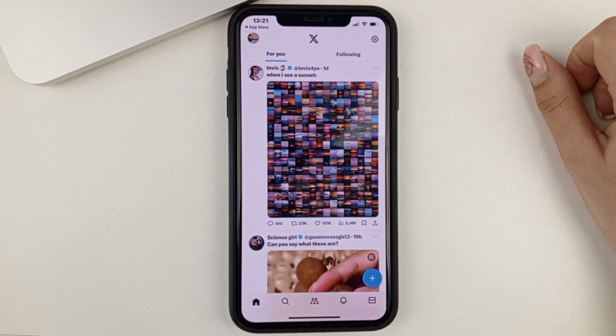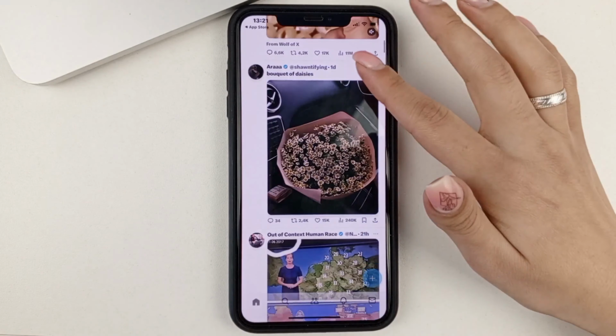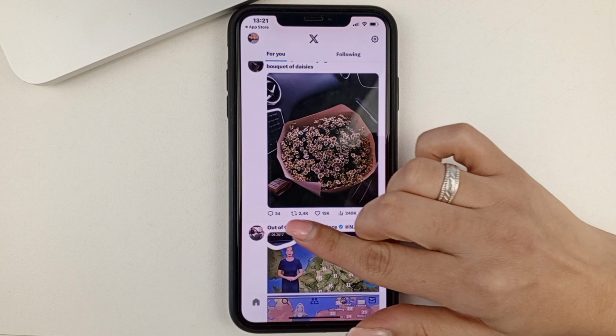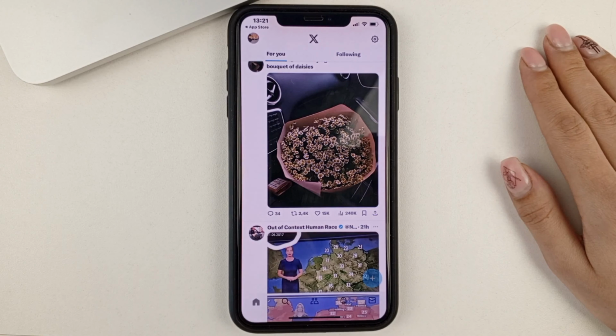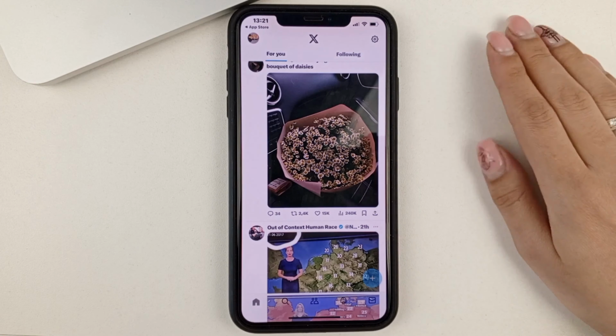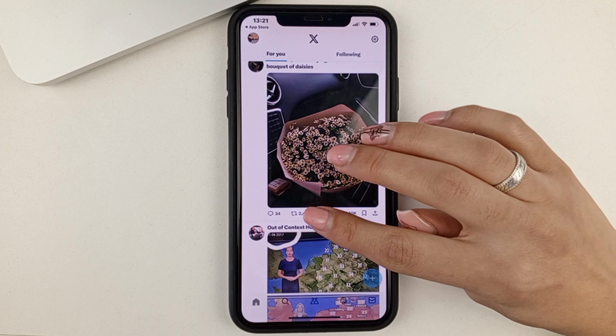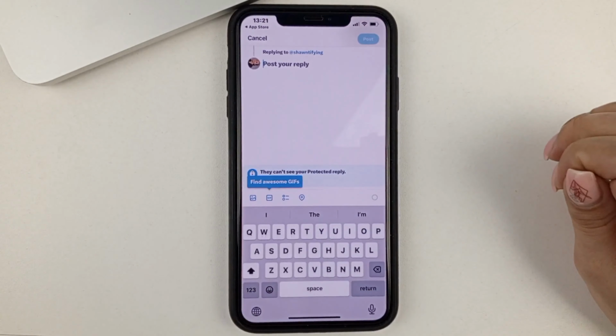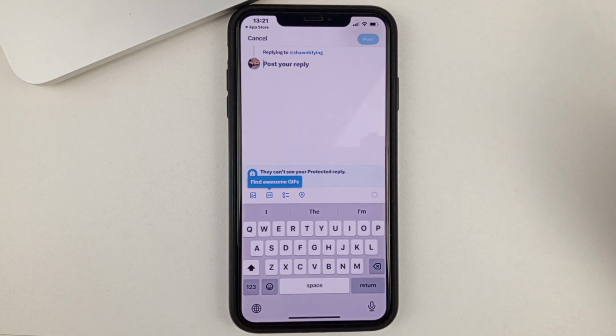If you want to look at the comments here, for example, you'll see underneath each post there are buttons like this that show the statistics, the number of likes, reposts, and also comments. And if you click on the comments button here, the only thing you can do is comment on the post that you've chosen, but there's no way to see the other comments that other people have left.